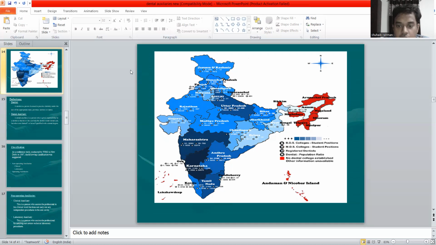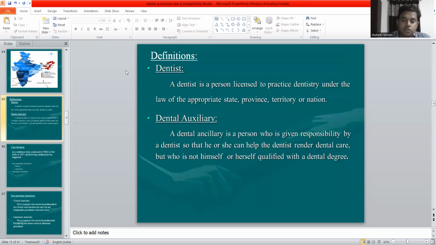Here we can see that more dental colleges are in South India, especially in Karnataka. There are almost 42 dental colleges, if I'm not wrong. And in Tamil Nadu, you have another 32. So more dental colleges are concentrated in South India. In North India, it is comparatively less. So this is all about the distribution of the dental colleges in India. I just wanted to give a gist of that portion before starting with the dental manpower we have in India and all over the world.